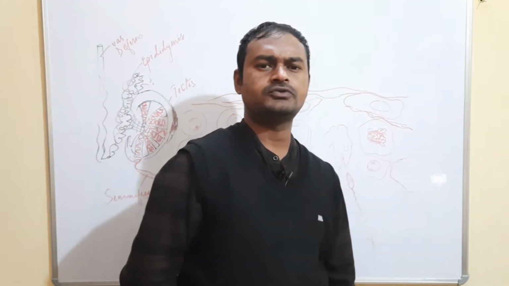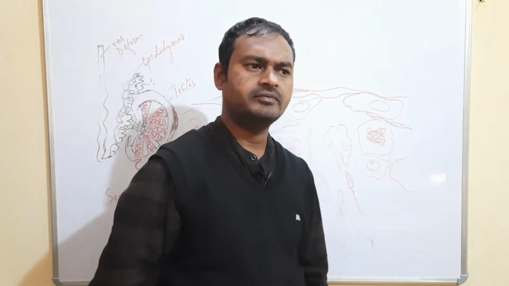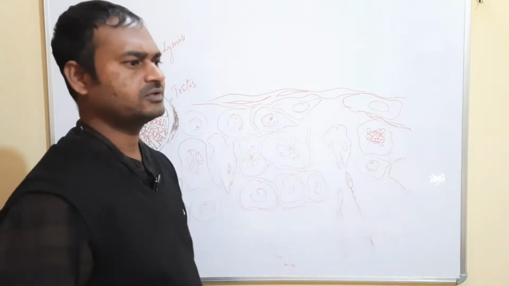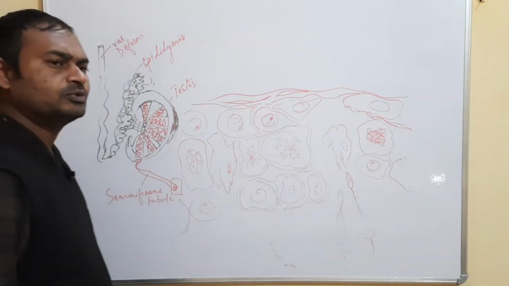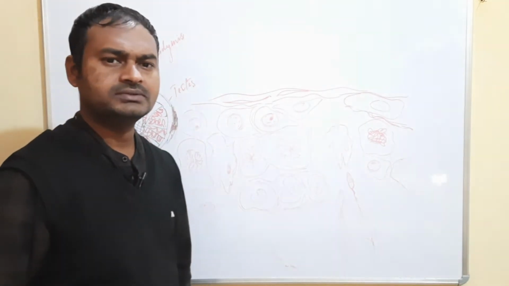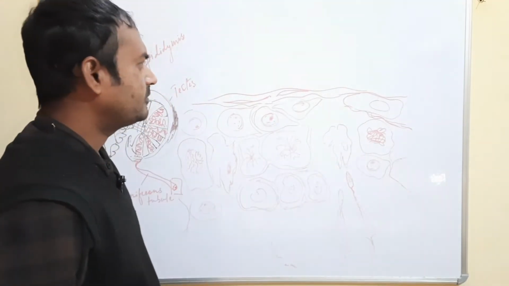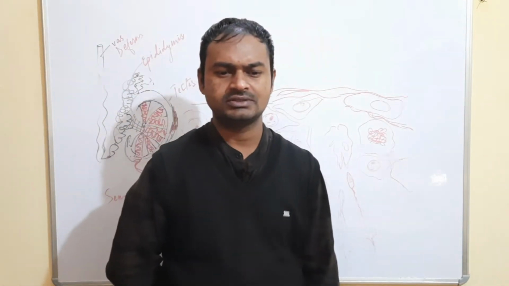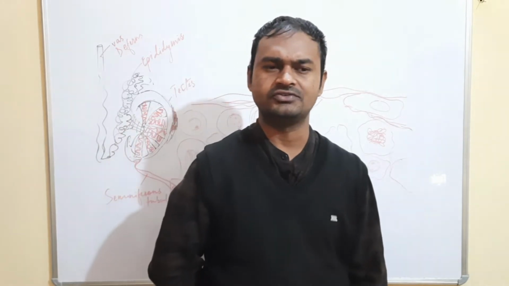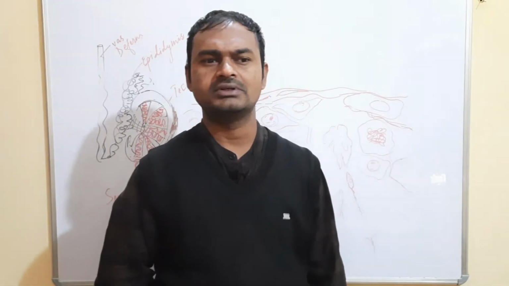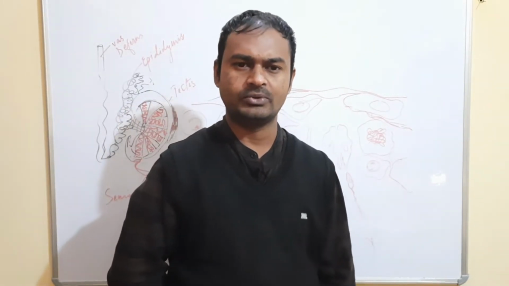We are discussing spermatogenesis, and till now we have studied in the previous lecture that the progenital germ cell reached the genital ridge, and after it reaches the genital ridge, there were two fates over here in the genital ridge. First was whether the cell will undergo mitosis or meiosis.